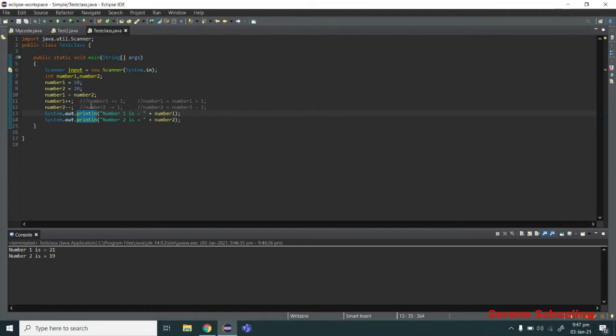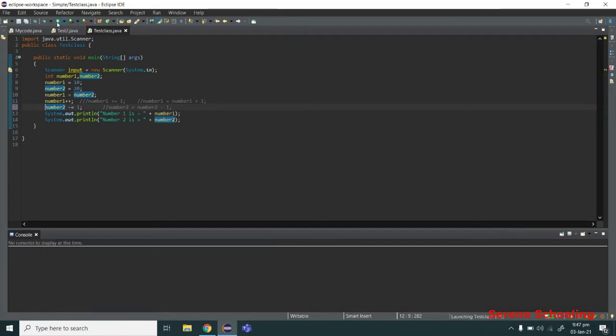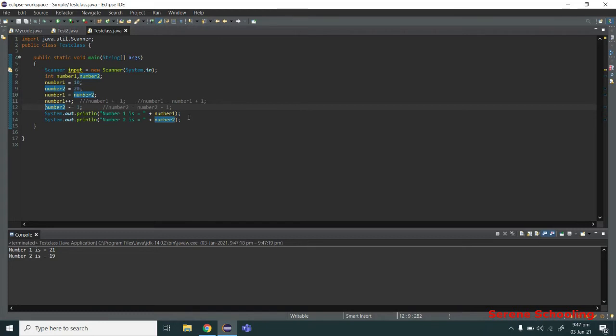So remember, there are three ways to write this. I can also write it like this. As you can see, it is doing the same thing. It is still giving me 19. So that's dealt with. Also, one more thing I want to show you is that it can be written like this also. This is also valid.